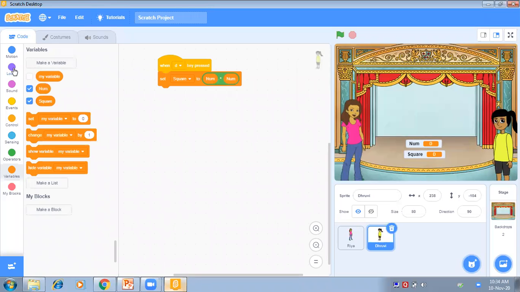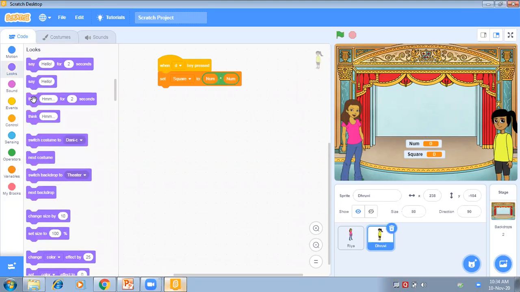So we will go to looks and she will say, yes, Ria, the square of the number is